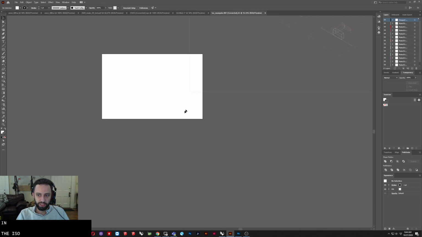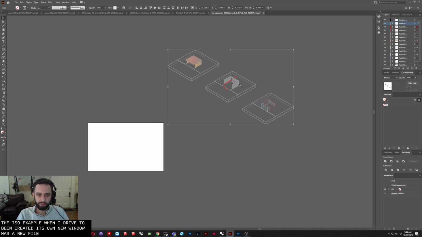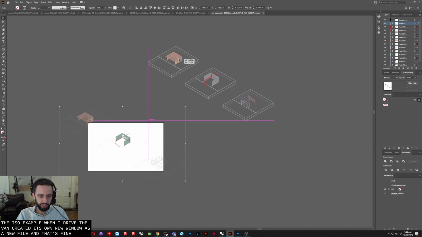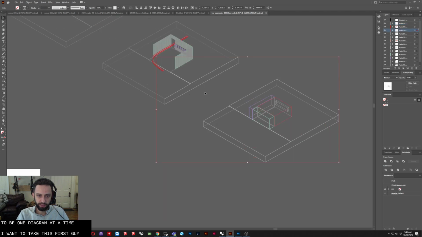Now, the ISO example, when I dragged it in, created its own new window as a new file. And that's fine, because in this case, I'm actually only going to do one diagram at a time. Let me think about that. Yeah, I'll do one diagram at a time. So I'm going to take this first guy,